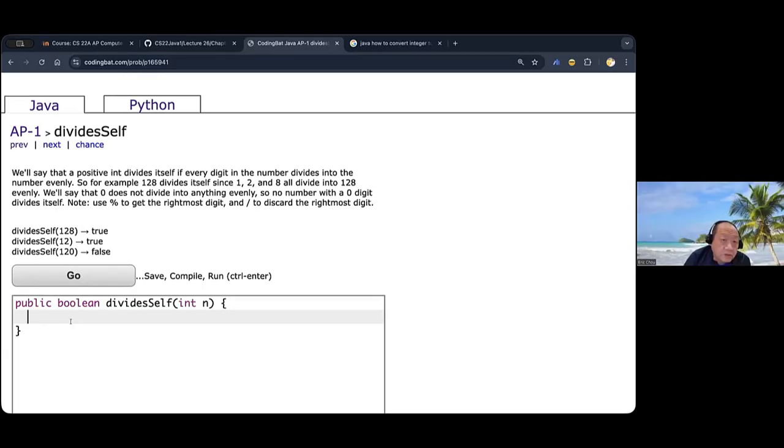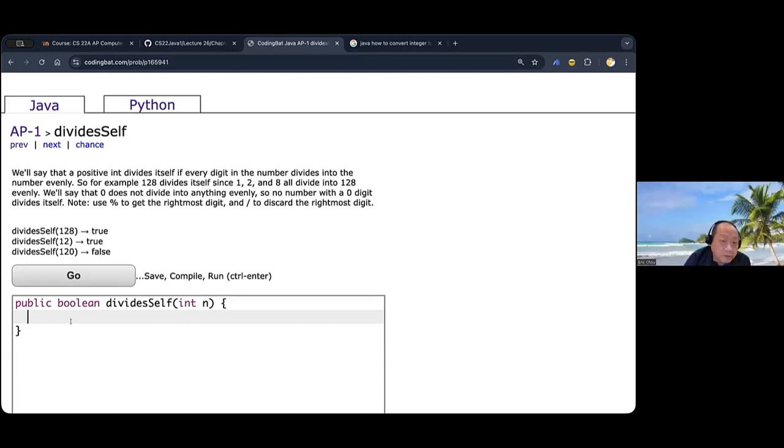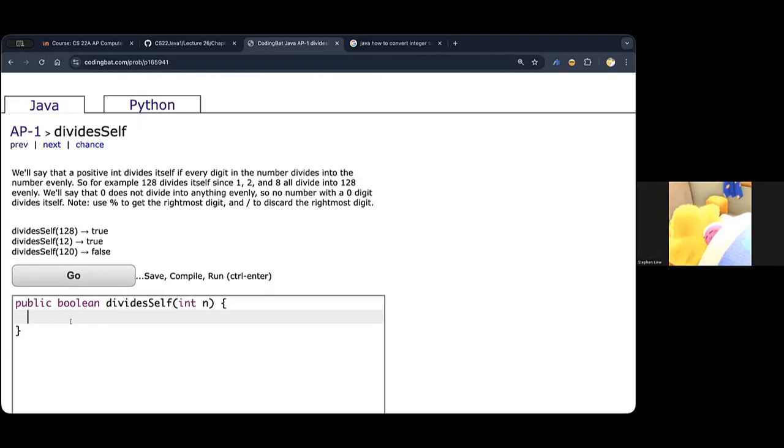This one, same thing as the previous problem. You have two ways you can do it. One is you convert it to string, check every digit, or you actually convert it by the way that we are doing using the while loop, successive division. Either way will work, but you pick one. I was thinking about the while loop and